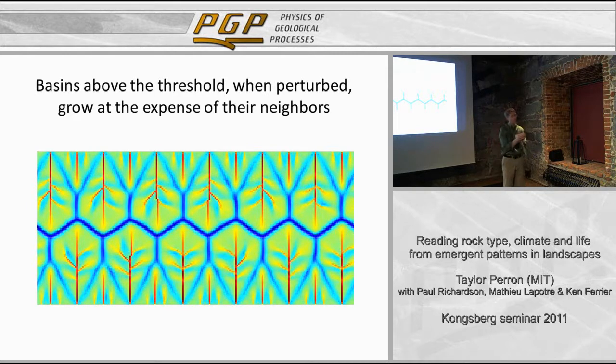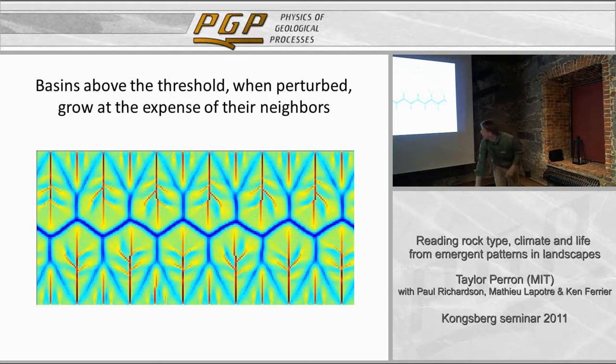So that tells us at least why this widening at the expense of the neighboring basin starts. It doesn't really explain why the tributaries form. So there's a second instability that governs that. And that is,